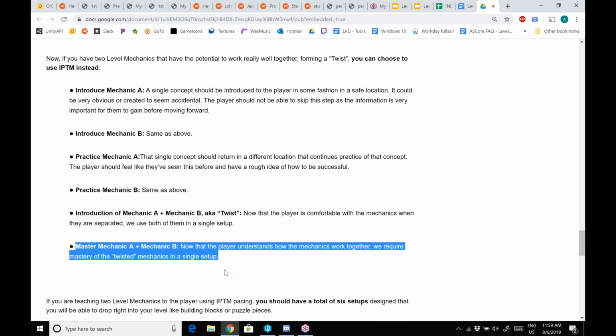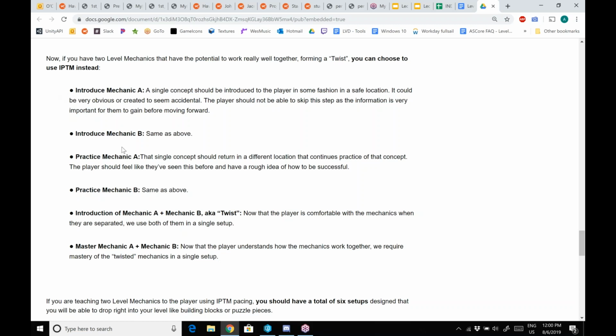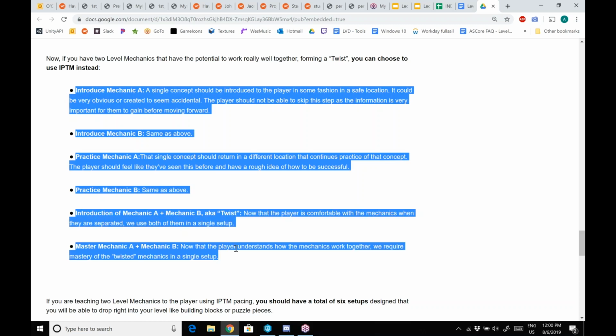So I encourage you guys to at least take this into consideration, as well as pick two mechanics that use different core actions. If you're using jumping all the time, it's going to start to feel repetitive. So try to use one mechanic that uses the grab null, and then one mechanic that uses the interaction, or some combination, and then that will definitely lead you into an easier time if you choose to do the IPTM